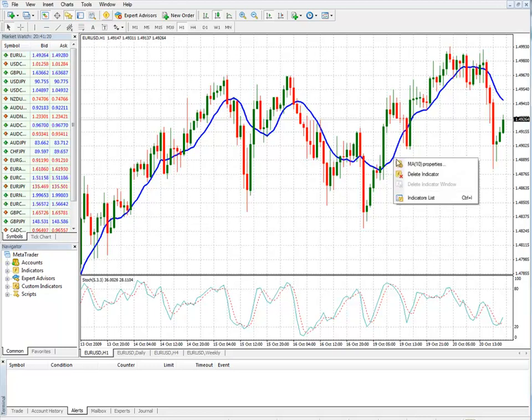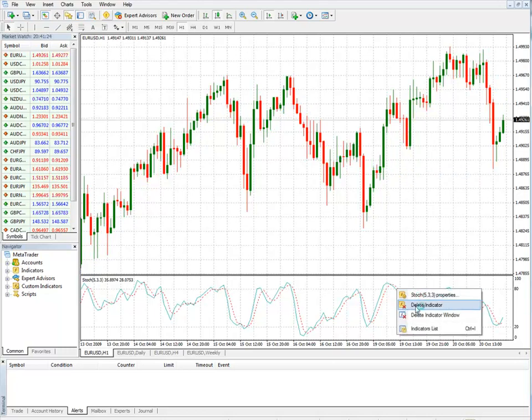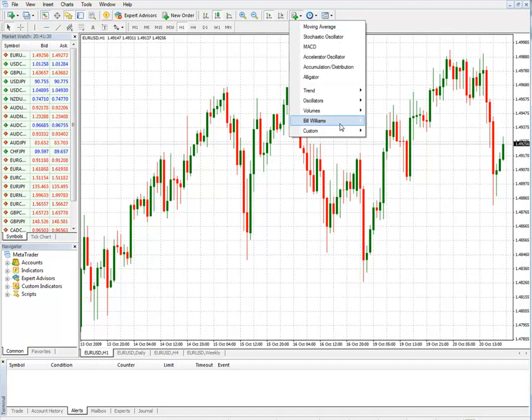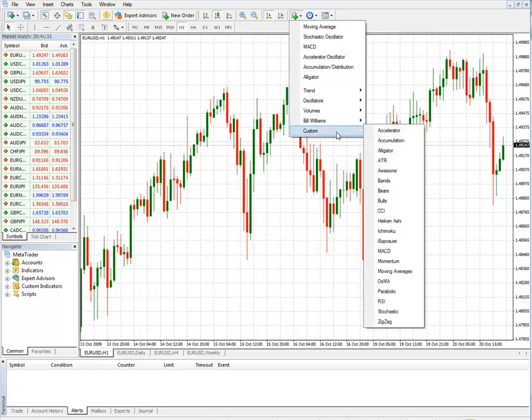Okay, so let's take these off. Delete the indicator, and we're back down here to normal. Okay. All right, so that's very handy. You can add as many of these as you want. It also shows your custom indicators, ATR, which is average true range,